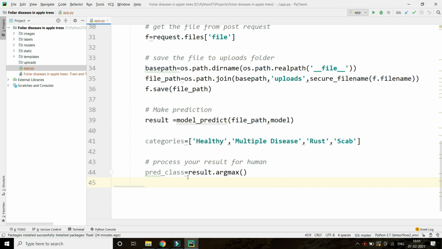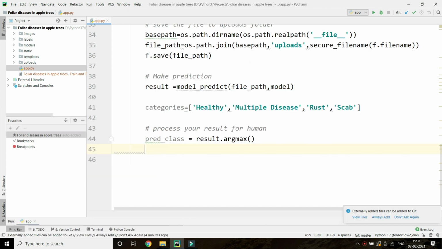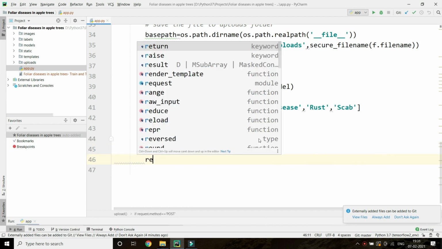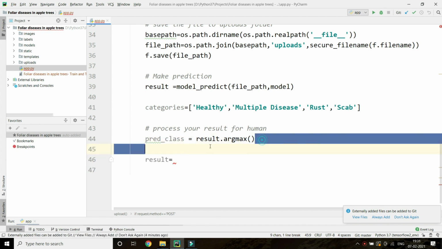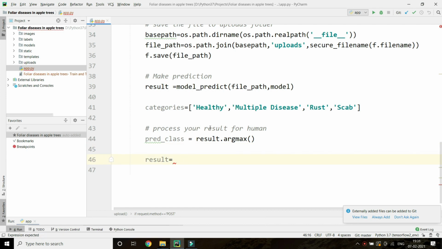Now it will give the output in this form, 1 or 2 or 3 or 0. See what happens: if this is getting 90%, 5%, 3%, 2%, who is getting the highest probability?